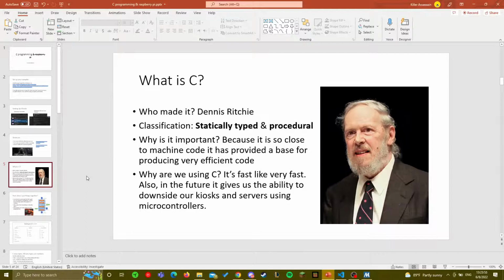And C is what powers a lot of the stuff that we use that's underlying, like operating systems. MySQL uses it. Python's interpreter uses it. So that's something to think about. The main reason we want to use C is because it's very fast. We're trying to build almost an embedded environment, but we're using Raspberry Pis. So if we use C, we can easily move to an embedded environment, which would be Arduinos, downsizing what we do to the smallest possible footprint. It'll also reduce our costs down the line.